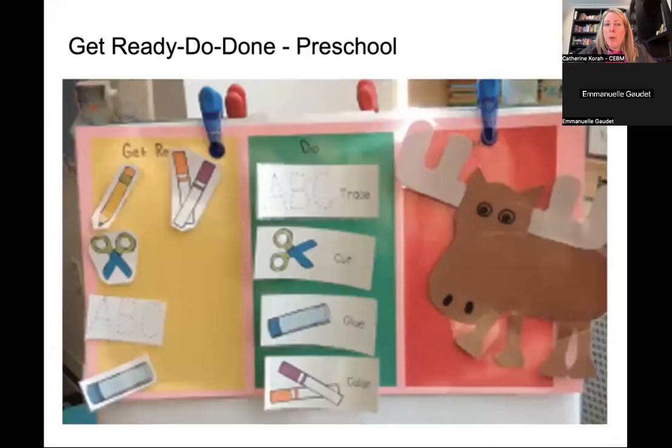So I'll just give you an example at the kindergarten level. At the kindergarten level, we would show in the done what is the final product, what it's going to look like. And then in the do, we show them what are the steps that they need to do to be able to complete the steps to have the finished product. And then we backtrack one step even further, where what do they need to get ready in order to do the task and have the final project? So what materials do they need, and so forth. And so this is an example at the kindergarten level.